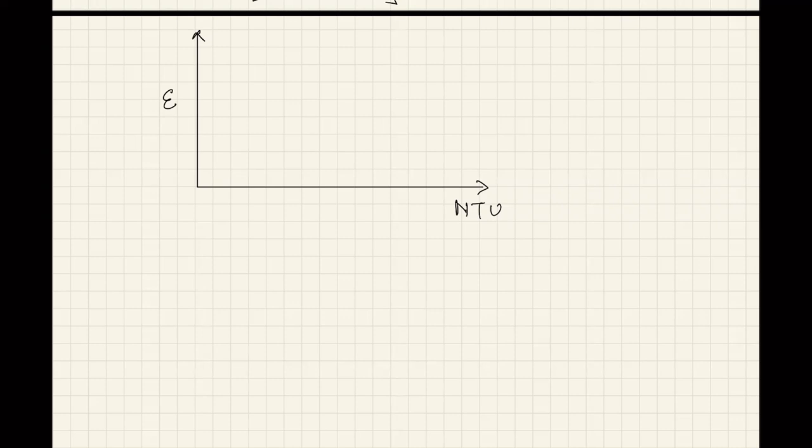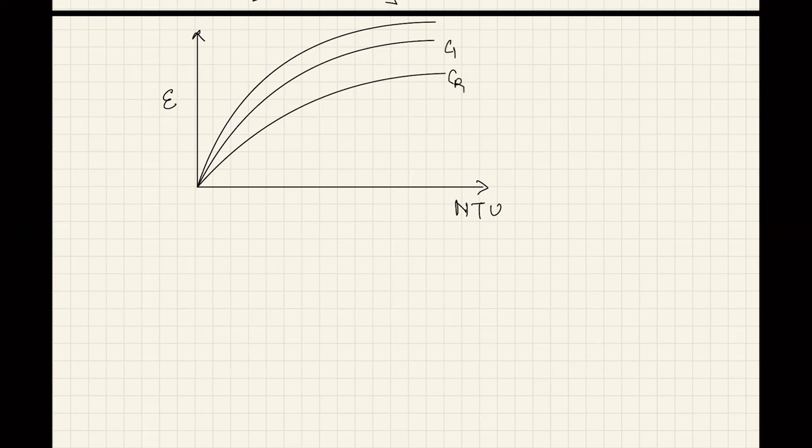Yeah, you can see. So there will be some lines here. So CR cannot be greater than 1. CR minimum can be 0, maximum can be 1. So there will be graphs like this for different values of CR. For each CR a line is drawn. So this is CR1, CR2, this is my CR3, and so on. So you basically take a value of NTU, go to the value of CR and then go here, and calculate.